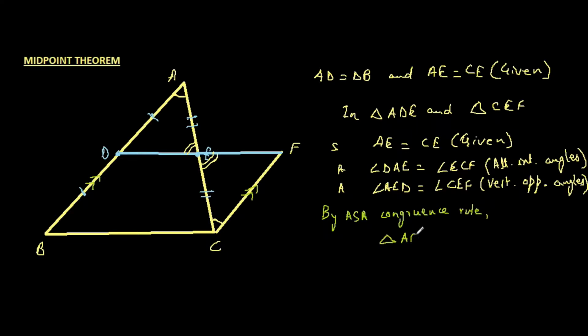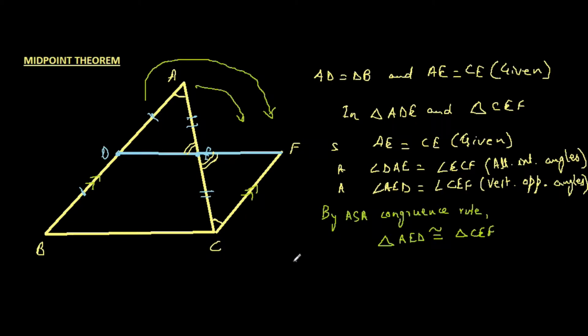triangle ADE is congruent to, now AED is here, so we are looking at the side first, then the angle with the double mark. So we are looking at that side CE and then the angle with the double mark. So it will be triangle CEF. Now these two triangles are congruent, and if they are congruent, what can we say about the sides? Which is the corresponding side to AD? Well, if we rotate the triangle, this triangle will come and be rotated like this, so that A comes and sits right on top of C. So if we rotate it like this, side AD is also going to come here, and it is going to lie right on top of the side CF.